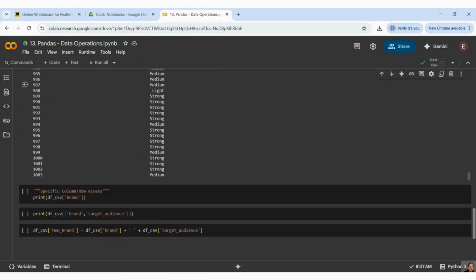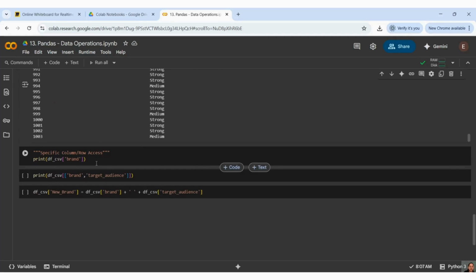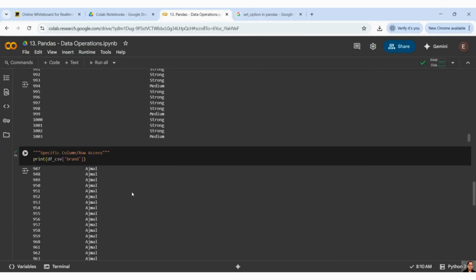Now let us understand how to fetch a particular column value or particular row at the same time. Let me run it.